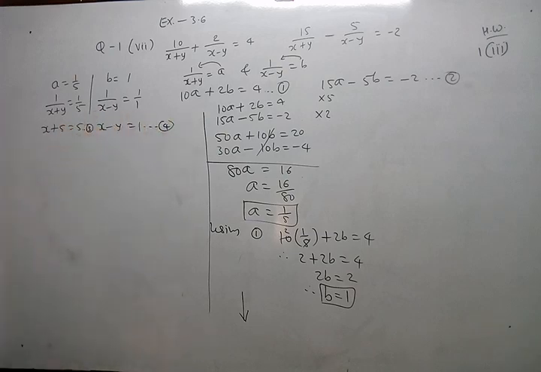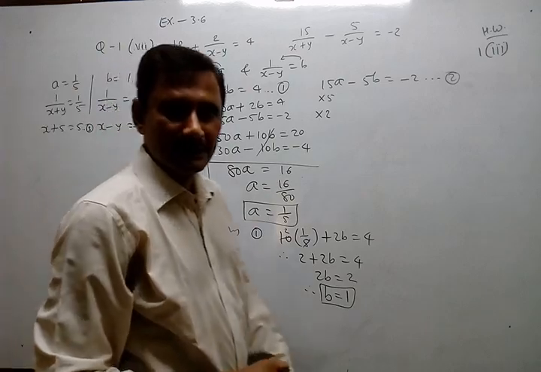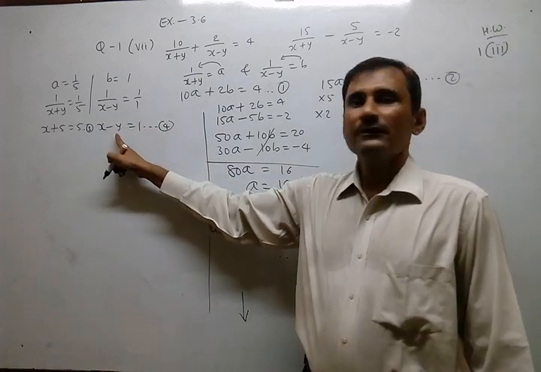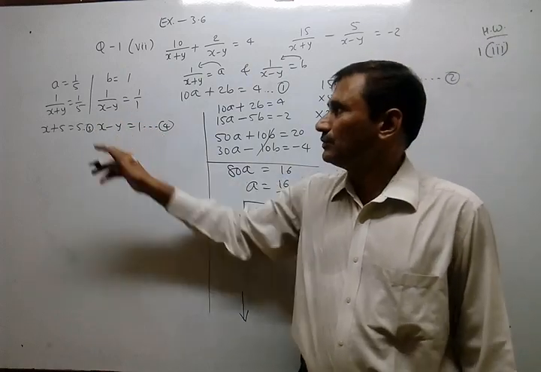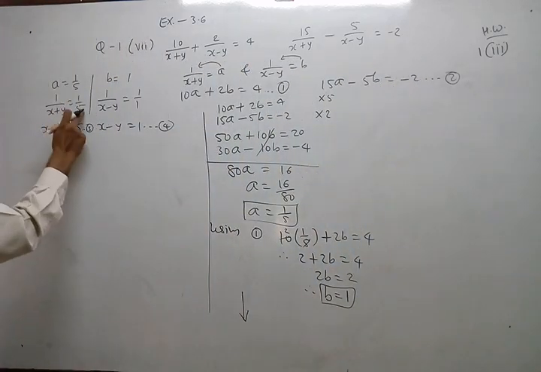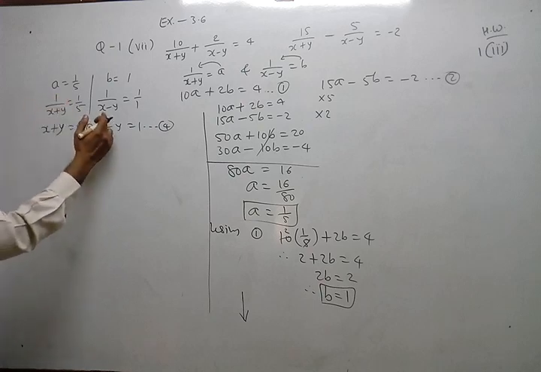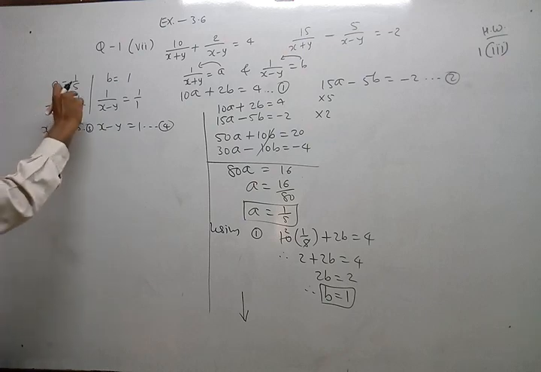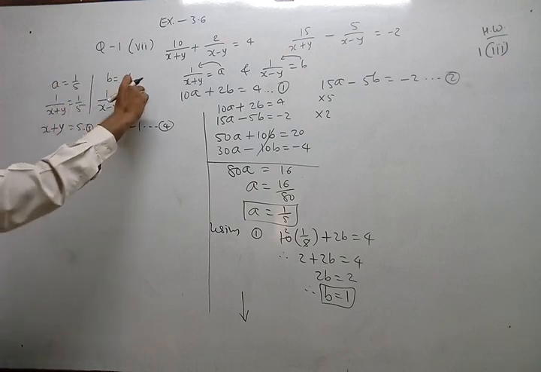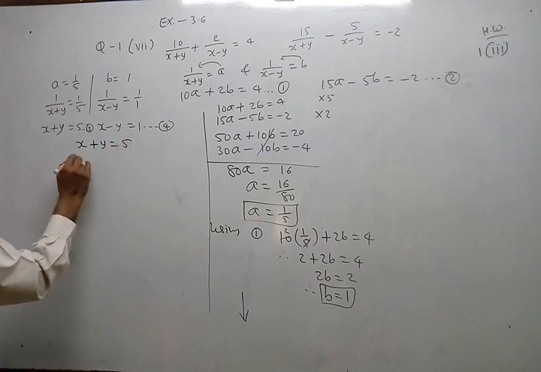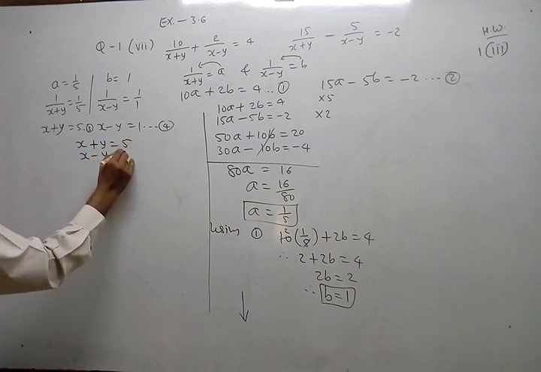Just look carefully. Here, both variables are given at a time. So instead of the values of x and y, we have found two new equations. So write down x plus y equal to 5, just taking the inverse of both sides, and here also taking the inverse of both sides. Otherwise, understand it as cross multiplying: x plus y into 1, 5 into 1; x minus y into 1, 1 by 1. Anyway, now again you have to solve these two equations, number 3 and 4.